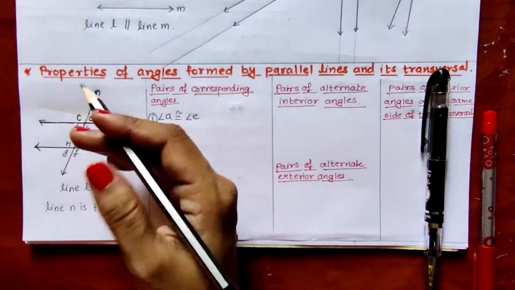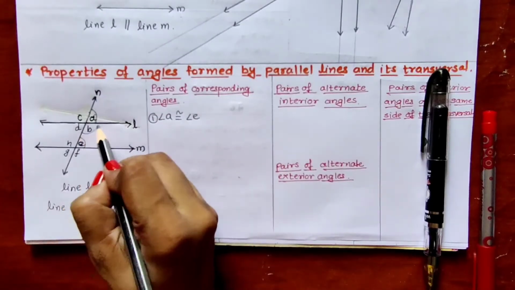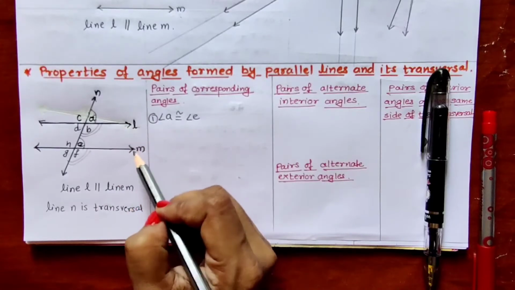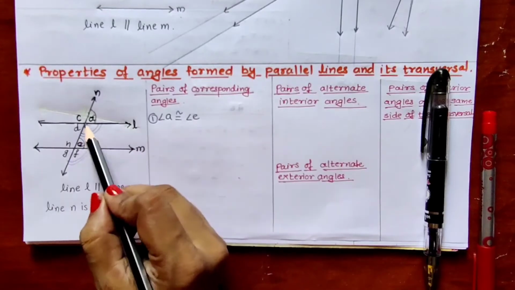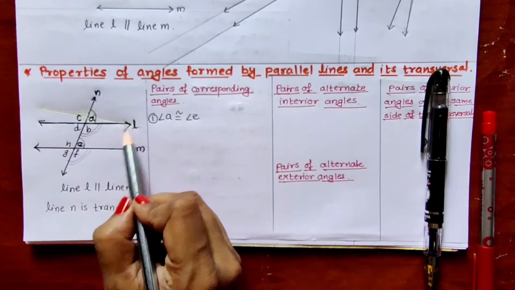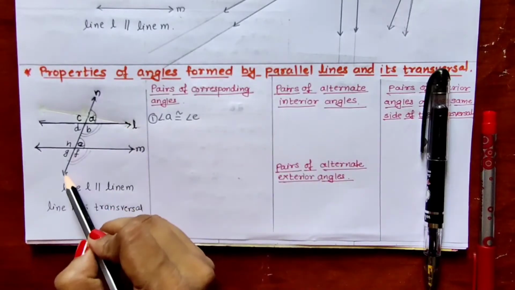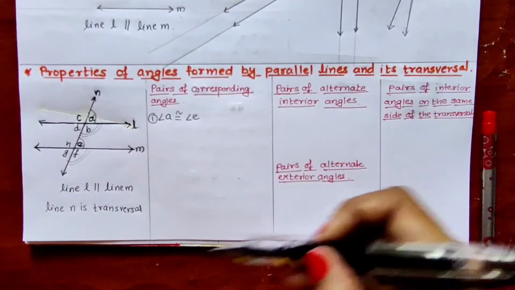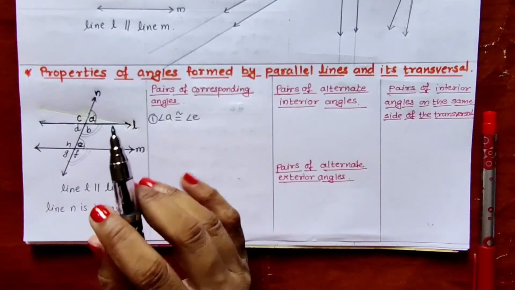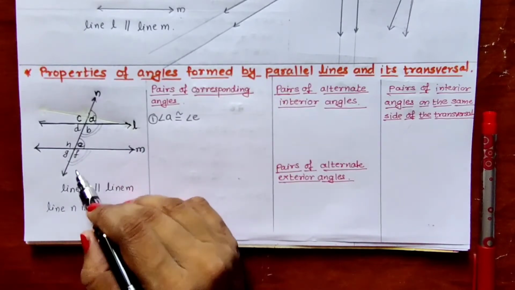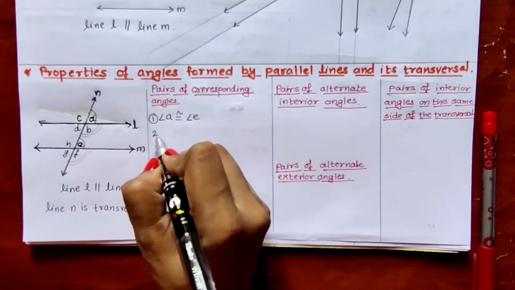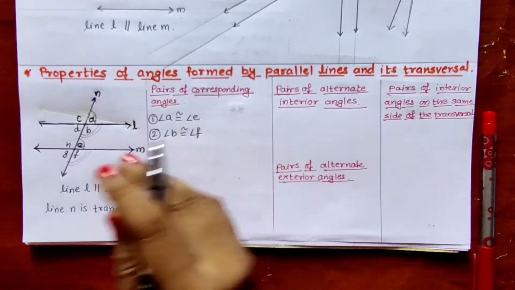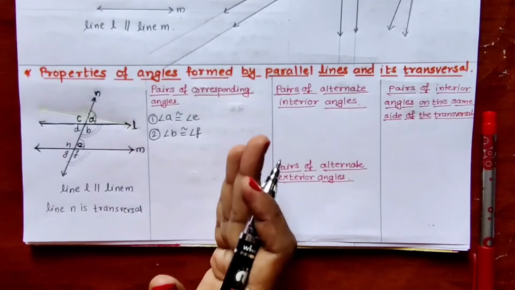Now if you watch in the downward direction, these are two angles, angle B and angle F. Angle B is on line L and angle F is on line M. B has one arm in the downward direction, the other arm is on the right hand side. F has one arm in the downward direction, the other arm is on the right hand side of the transversal. They have the same directions. That's why they are corresponding to each other, and corresponding angles are congruent to each other, and that's why angle B is congruent with angle F. These are the angles on the right hand side of the transversal.